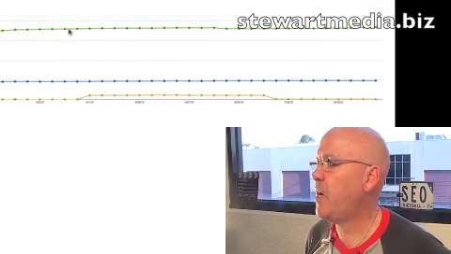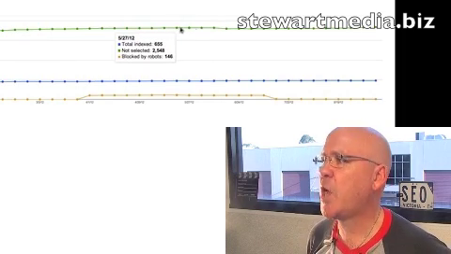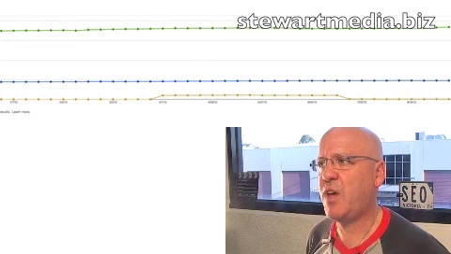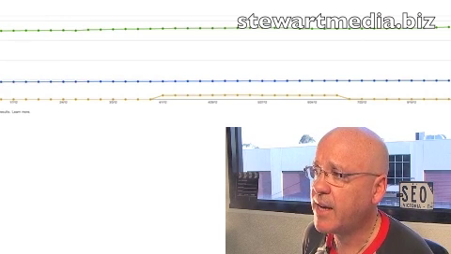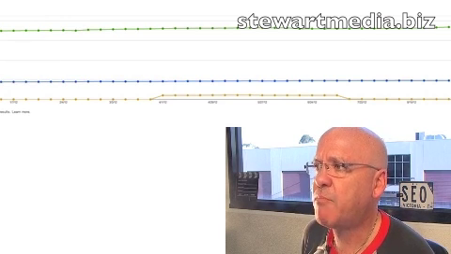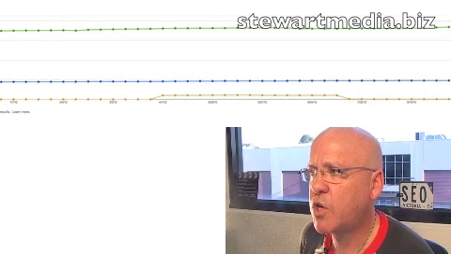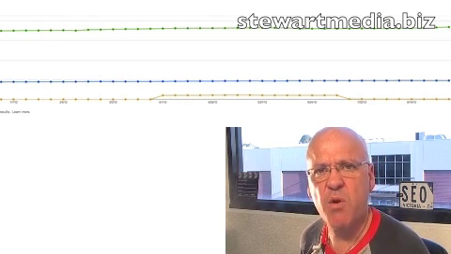So these will be either canonicalized URLs, or they'll be URLs that we haven't blocked necessarily in robots.txt, but we may have set up parameters to say to Google, don't go and crawl URLs with these parameters, because they might be the same URL and there might be a comment tag or something like that. So if you see one graph go like this and one graph go like that under advanced, there's been a change somewhere and you need to go and find out what's happened, especially if the total indexed URLs has dropped dramatically and you didn't want it to.